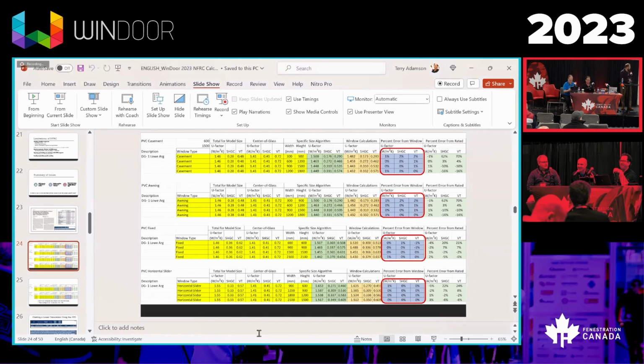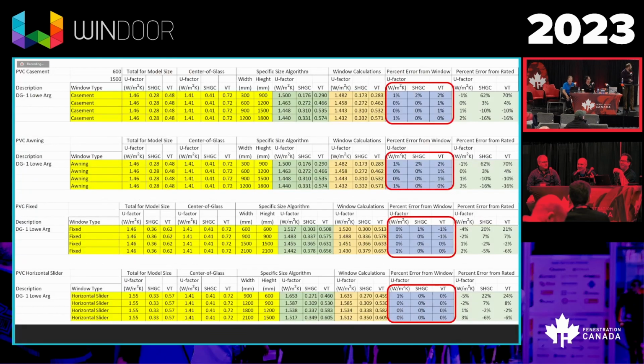So Jeff, you had already taken some PVC casements, awnings. You had brought in the values from the standardized size, and then you just changed the size to say, okay, if I just change the size and I use all that information, what is my value going to be? And then you also actually modeled it to that size, correct? So you did a comparison between modeling it to the size using therm and window and then just using calculation. And as you can see, our common difference within PVC was 1 to 2%, both smaller and larger